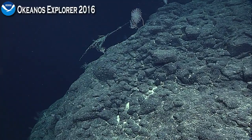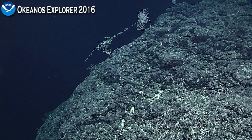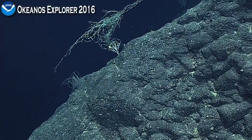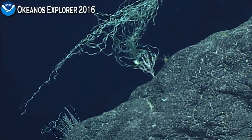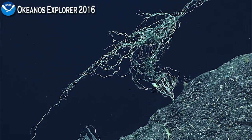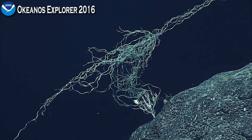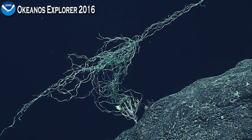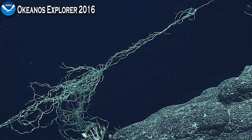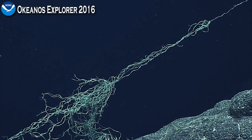Get a zoom on it. Video, can we do a zoom here while I'm floating, when I'm moving closer? Oh, yeah, that looks like a fishing net. Yeah, so that looks like some kind of fishing gear. So this seamount is, of course, quite deep, 600